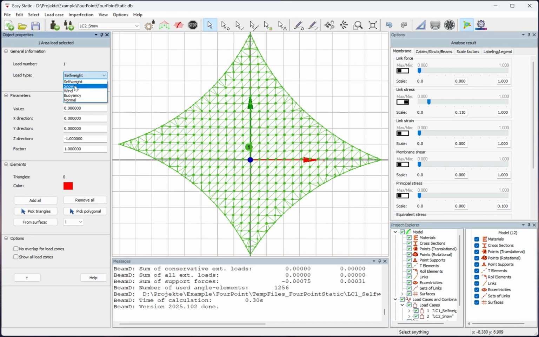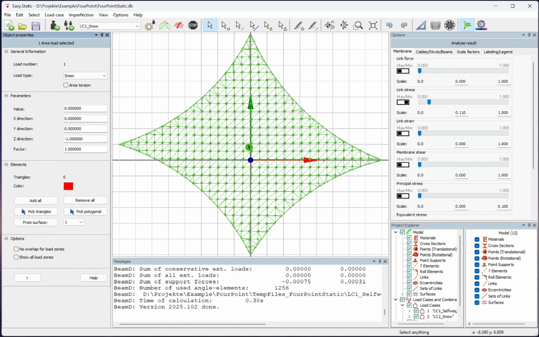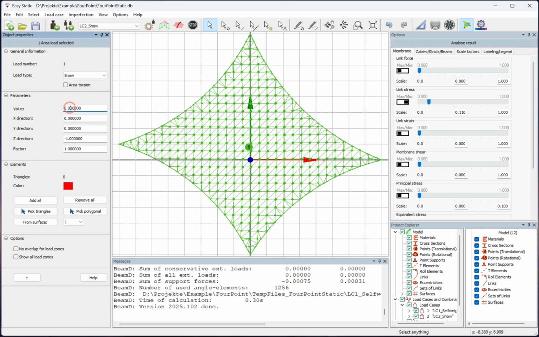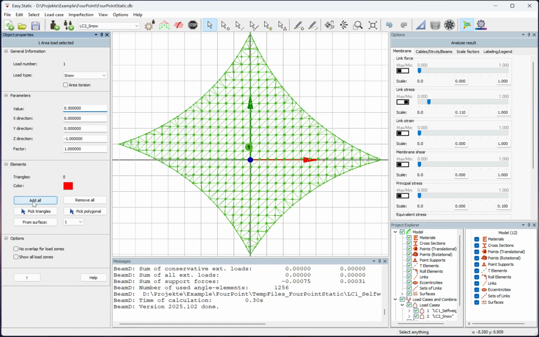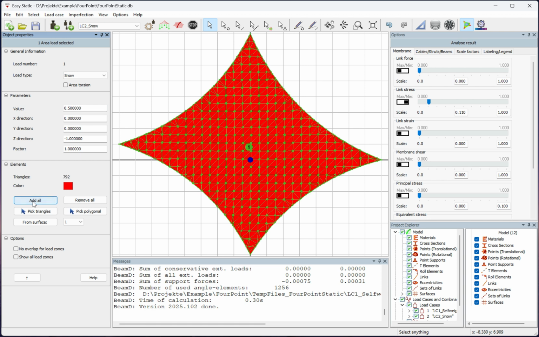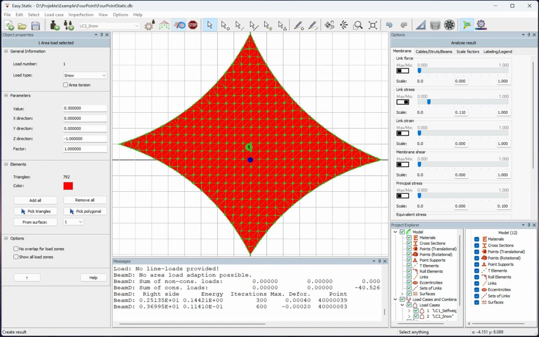Under General Information, select Snow from the Load Type drop-down menu. Click on Value in the Parameter section and set it to 0.5 kilonewtons per square meter. The load must be assigned to a surface. To do this, select Add All under the Elements section. All parameters for the load case are now defined, and the calculation can be started by clicking the Create Result